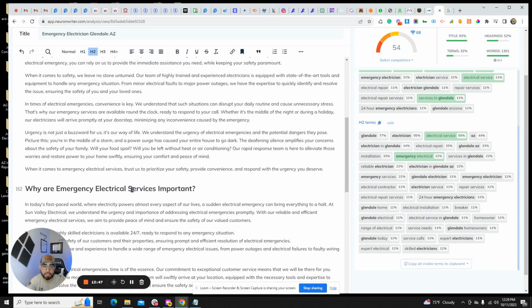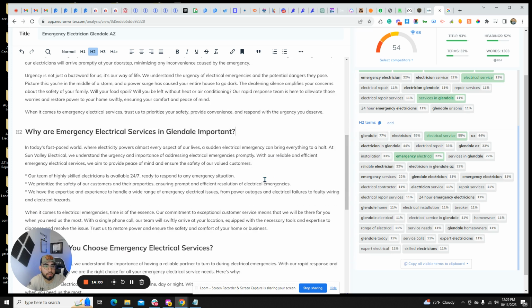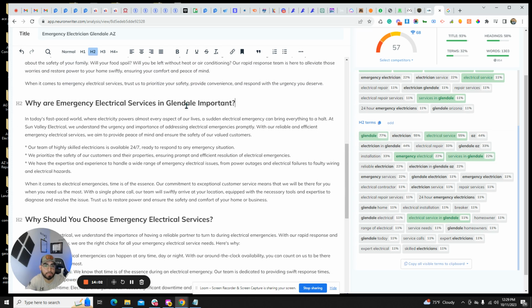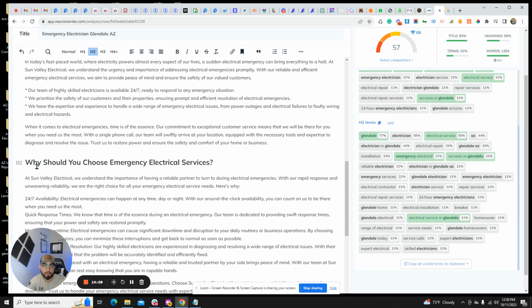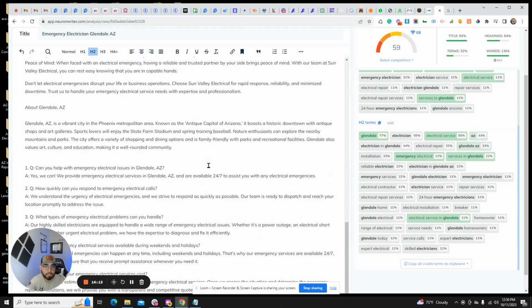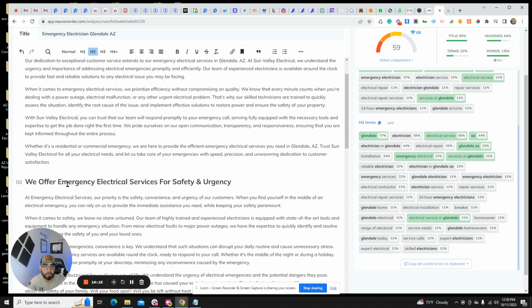Why are emergency electrical services in Glendale important? So we'll do that. See if we can get that keyword right there. Let's see. Might as well add the AZ as well. AZ important. Why should you choose emergency electrical services? Okay. We offer reliable